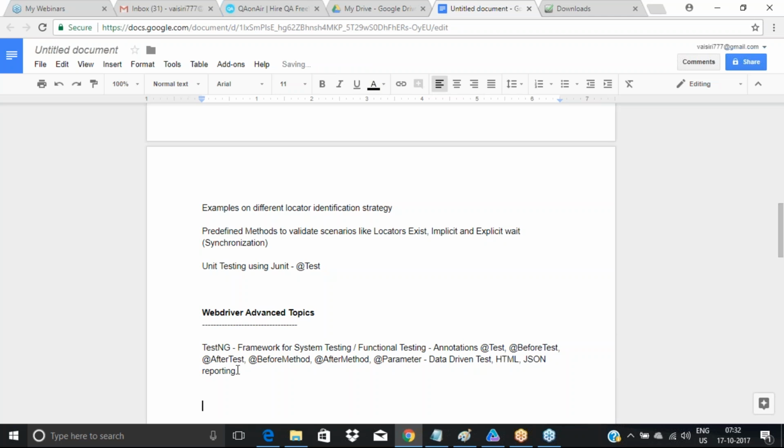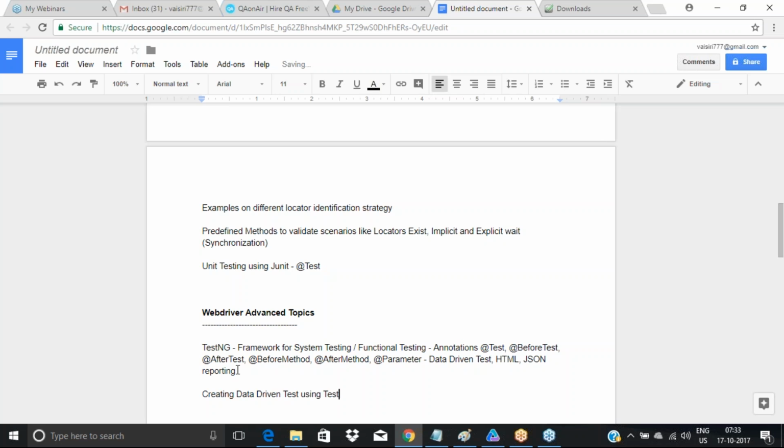Again, as I told you, for every single topic you will require some plugin or a jar file. In this case, we require the TestNG for Eclipse plugin that we have to install, and then we have to add the TestNG library, and then we'll go create tests in it. And then there is a testng.xml file in which you're going to write your class path, and then you're going to put your tests to run. So this itself requires a good 2 to 3 sessions of discussion, and this will help us in creating a data-driven test